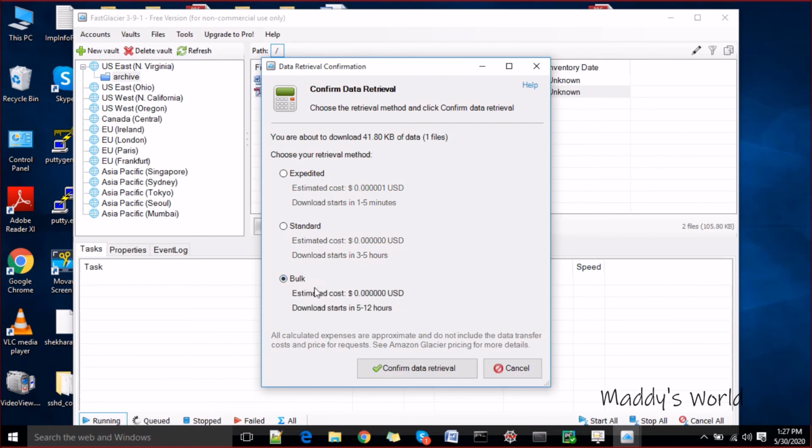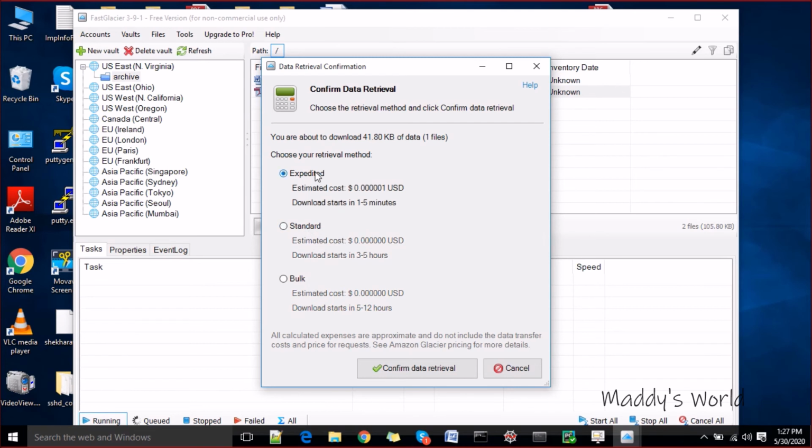Again, if you want bulk, the estimated cost would be this. The download starts in 5 to 12 hours. So when it will download, nobody knows. Just to download one file, this is going to take this much time. If you take the standard, it will start in 3 to 5 hours.